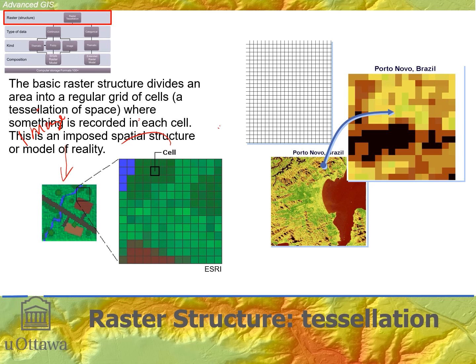And then on the right-hand side, we have examples here, such as this little spot here. If we look at it and blow it up, we zoom in, we see it looks like that. Again, that's where we see the regular cells. In the image itself, we don't see those cells from far away because they're so small. But the basic raster model then simply divides space up into these regular cells and then records things in